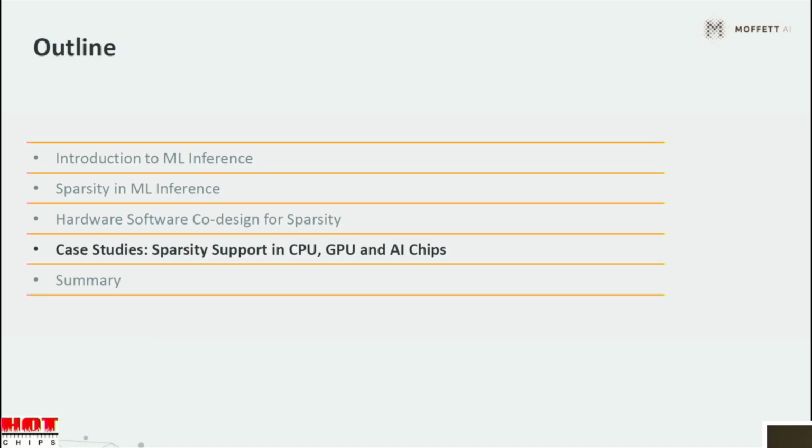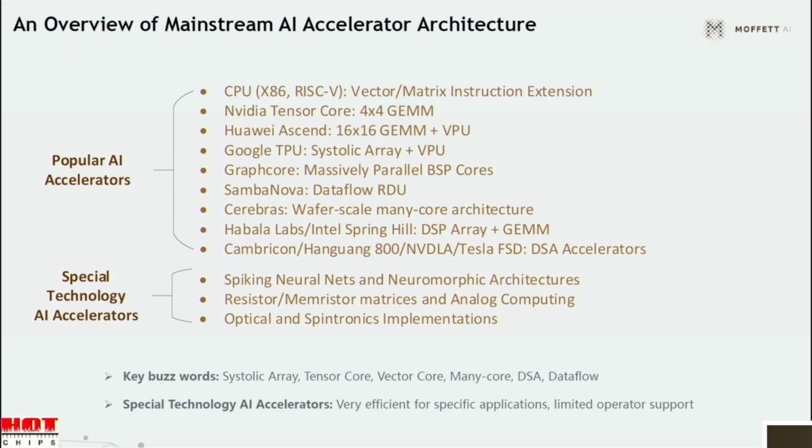Okay, next I will showcase some case studies of sparsity support in CPU, GPU, and AI chips. This slide shows an overview of the mainstream AI accelerator architectures. There are popular AI accelerators, and there are special AI accelerators based on special technology. The popular AI accelerators are based on